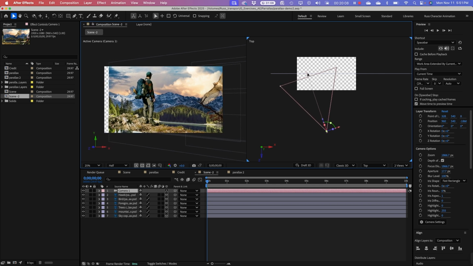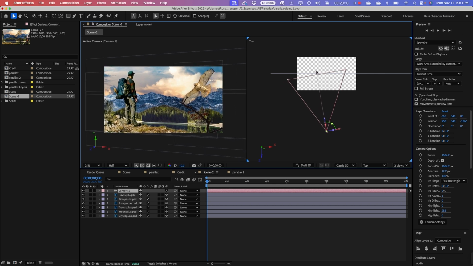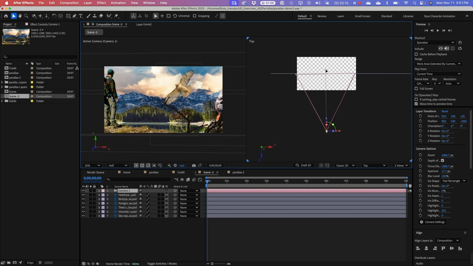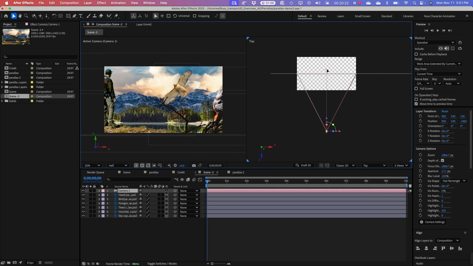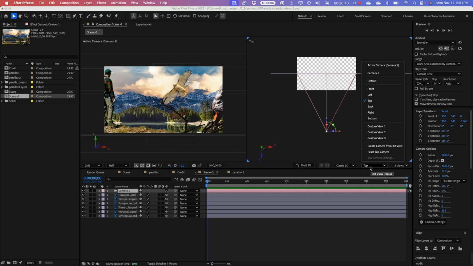The reason I point that out is that we might make use of that, we might not, but it can cause a couple of goofy things as we're working, which I'll make sure to point out. We always want to remember we've got the second node in here. That node allows us to do things very simply, like pan our camera nice and smooth, tilt. If we change to a front view,